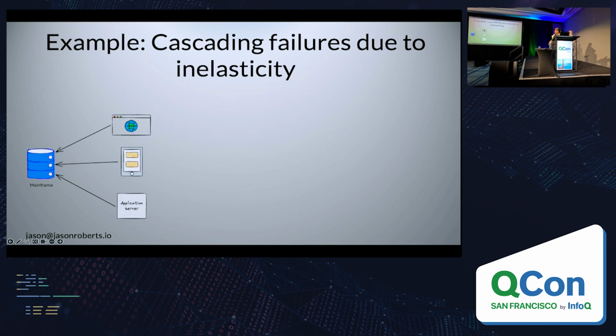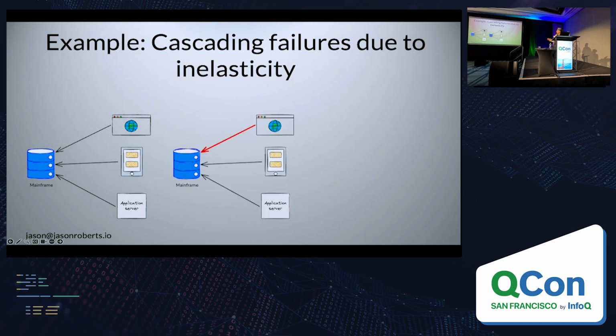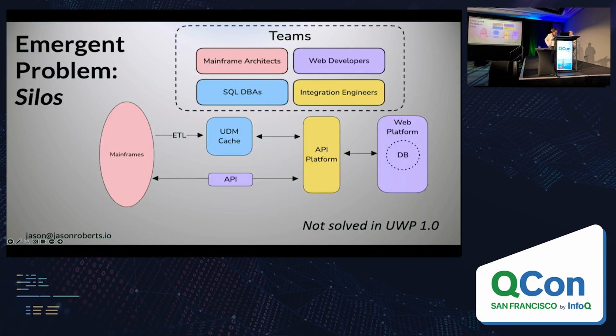So this is an example of our synchronous connections to the mainframes. Well, the mainframes could be overwhelmed by a highly elastic resource like the web, and the result of this could be failure in data stores, and sometimes that failure could result in all consuming applications failing. That's why half of the room left. And if anybody was at the unintentional consequences of automation talk, that's one of them.